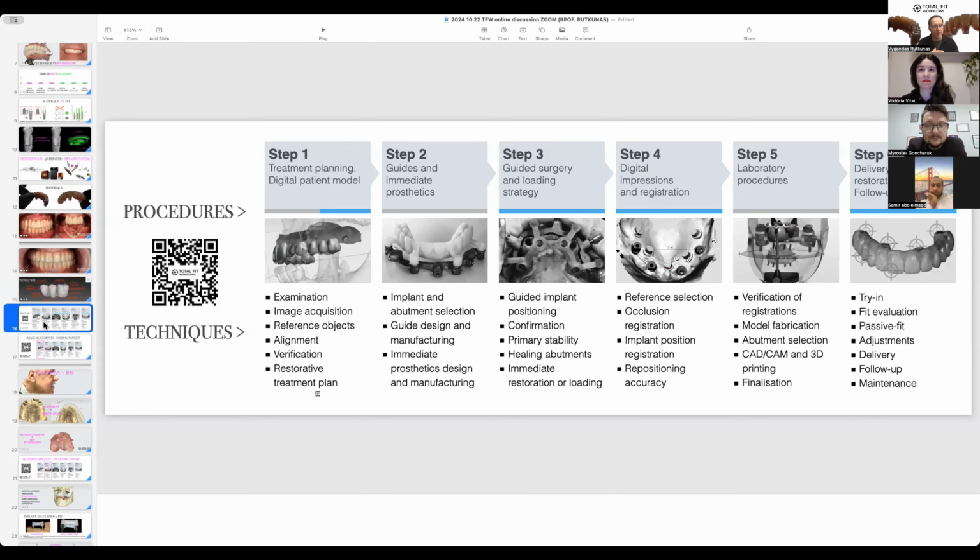So for this purpose, I'm organizing this workflow in 6 steps.